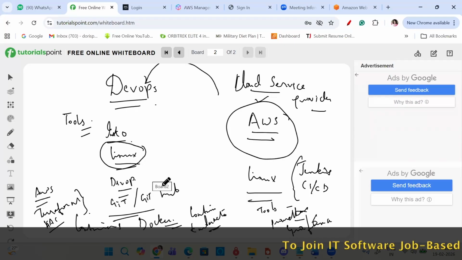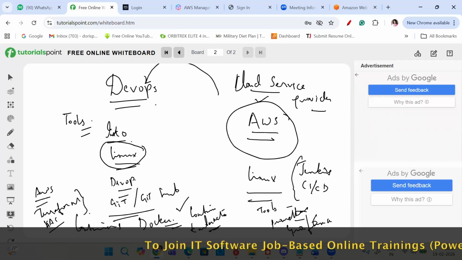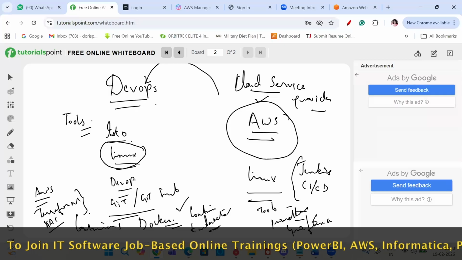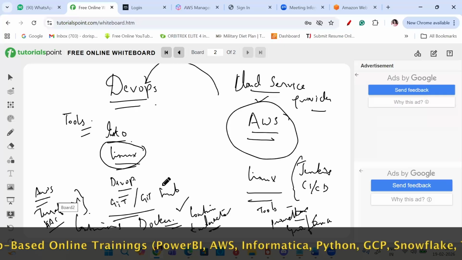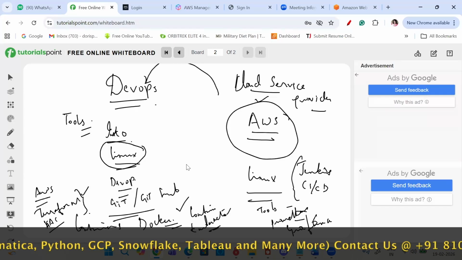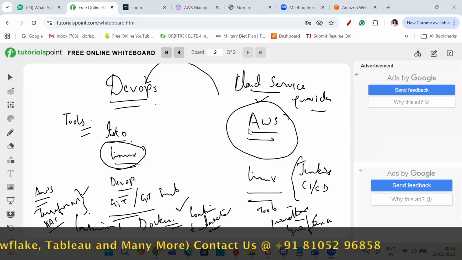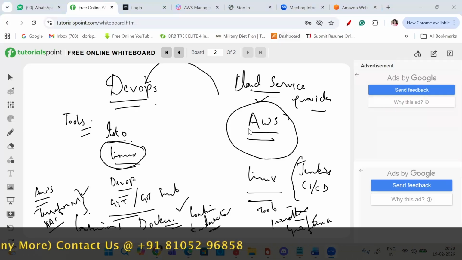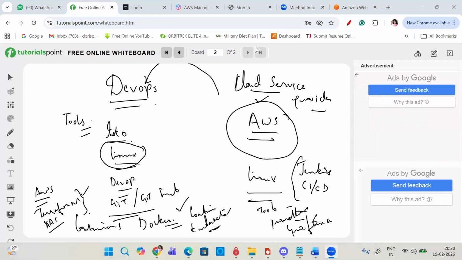So in some organizations, they'll be working on Docker, some will be working with Kubernetes, some will be using Terraform. Okay. So you will be choosing, but as a fresher, they will expect you to know all the things. So it is important to have good knowledge of all these services. I hope it's clear. So we just had a look at